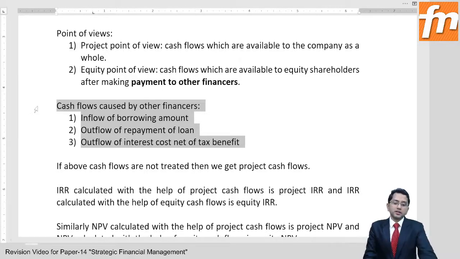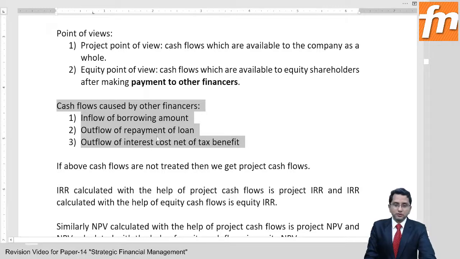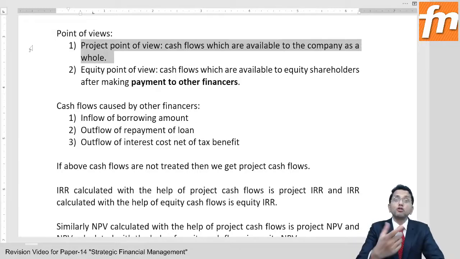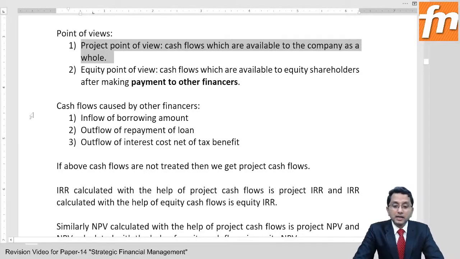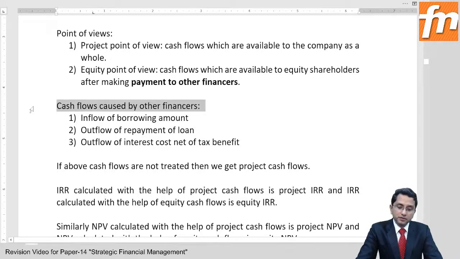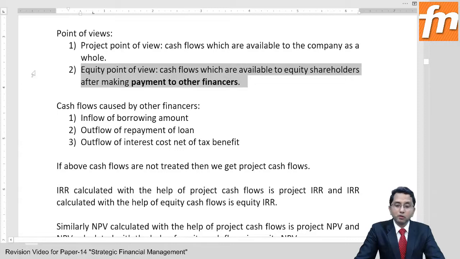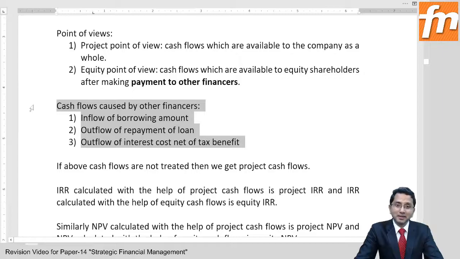See, in most of the questions, they don't give you these cash flows. They don't make available this information at all. What does it mean? By default, they want you to make evaluation from project point of view. By default, you have been doing this without knowing this. But if they make available these cash flows and then they don't say anything that what point of view to take, then better you take equity point of view, because if they have given these cash flows, there must be some intention behind it. So like in this question,